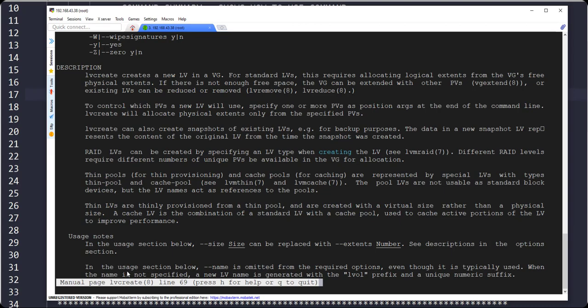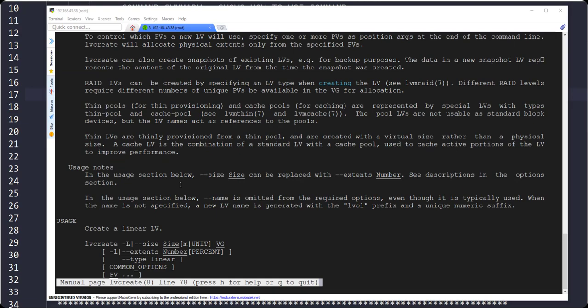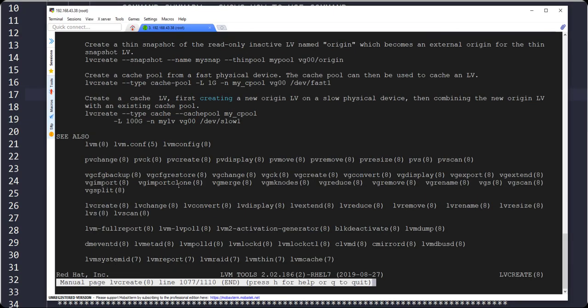Now when you see there is a lot of description, but still you want to understand more detail on it, maybe you want to see an example. How do you see the example? So what you do is, first of all, press capital G. Let me press it. You go to the bottom of the page.